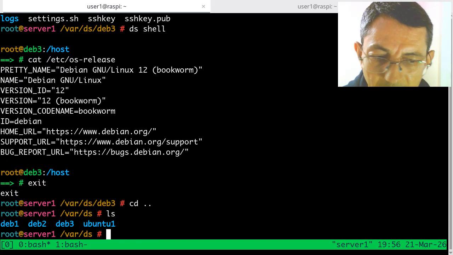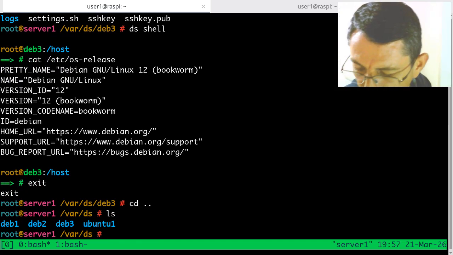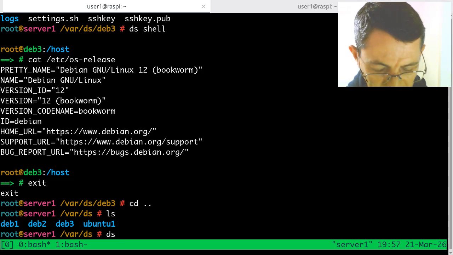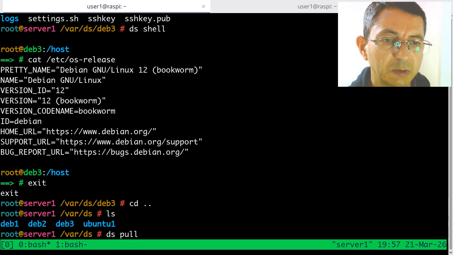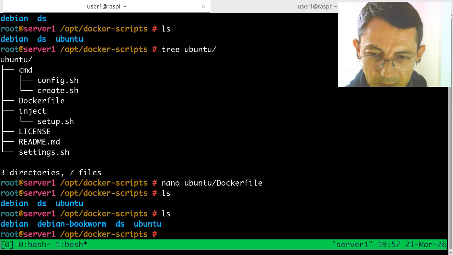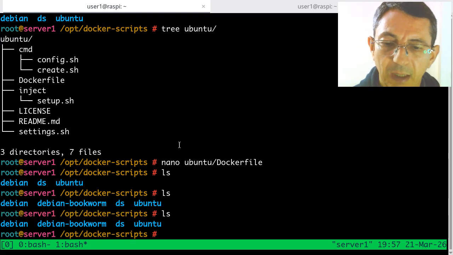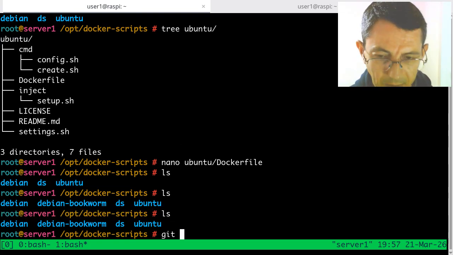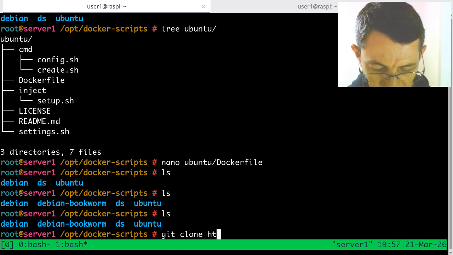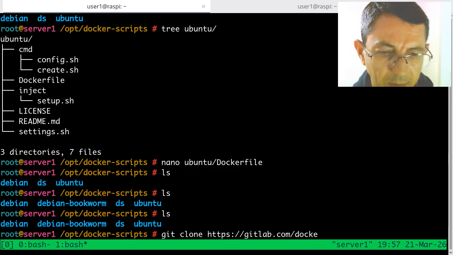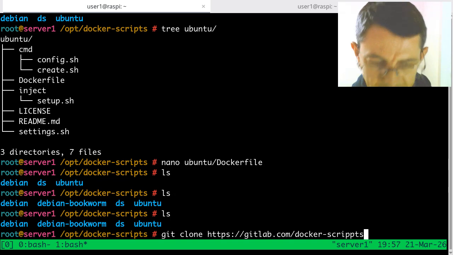Now the last example for today, we will build another container, a Debian container, but this time we are not going to use ds pool, because ds pool actually does a git clone. We can do a git clone manually. So let me go to this directory, opt docker scripts, and let me use git clone https gitlab.com docker scripts